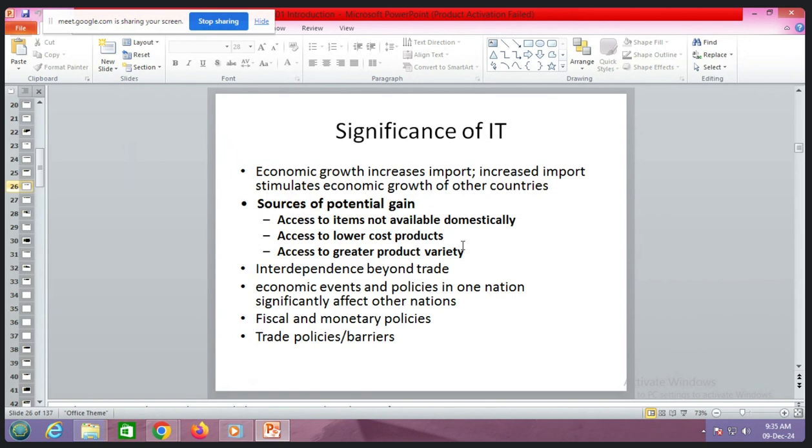So when the GDP of America increases, it is definitely going to have a higher demand for goods and services from other countries. So when there is an increased demand for goods and services, there is what we call the foreign trade multiplier